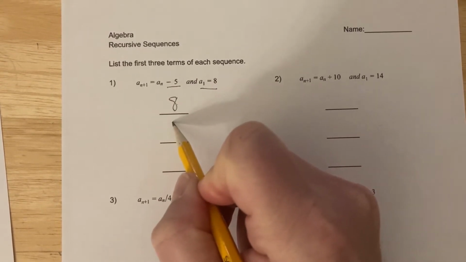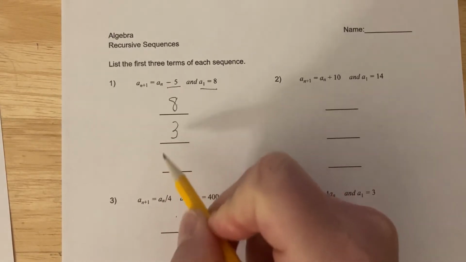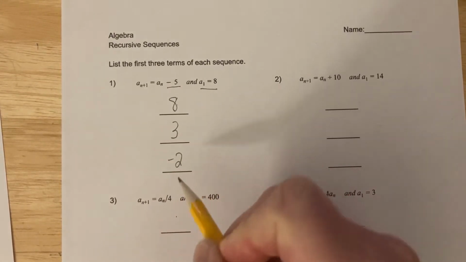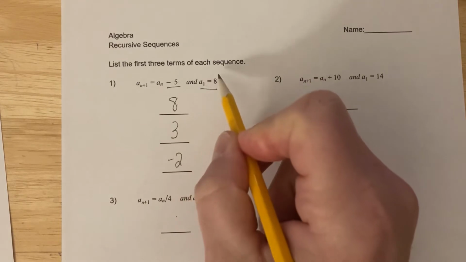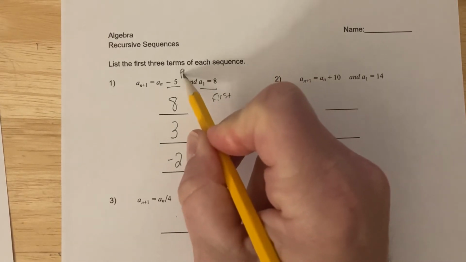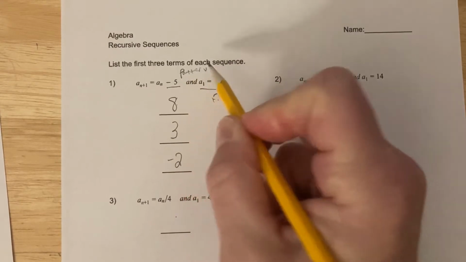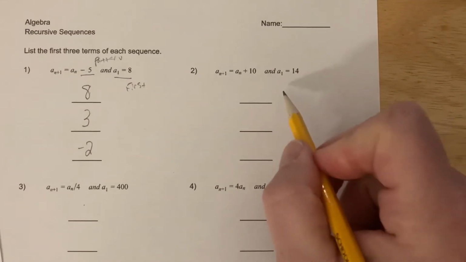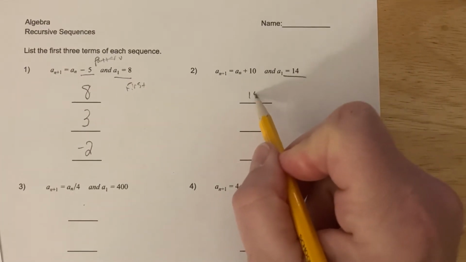So if we subtract 5, we'll go to 3. And if we subtract 5 again, we'll get to -2. So that's how you interpret this. Here's my first term. And here's my pattern. All right. So now when I look at number 2, I see my first term is 14, and the pattern